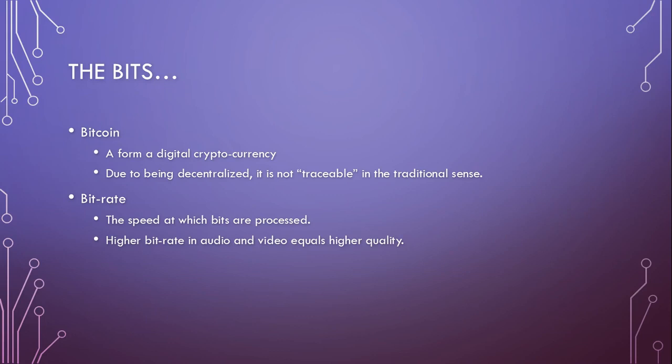For example, if we're looking at an MP3, MP3s might be processed at different rates. So 192 kilobits per second is going to be a lower quality than something at 320 kilobits per second. So again, higher quality, more information. Now the downside of that is it's a larger file. So anytime you want more quality with a bit rate, you're going to have a larger file. Similarly, we also have something called BitTorrent. This is a widely used peer-to-peer protocol. BitTorrent allows for sharing of information between two people over a network.